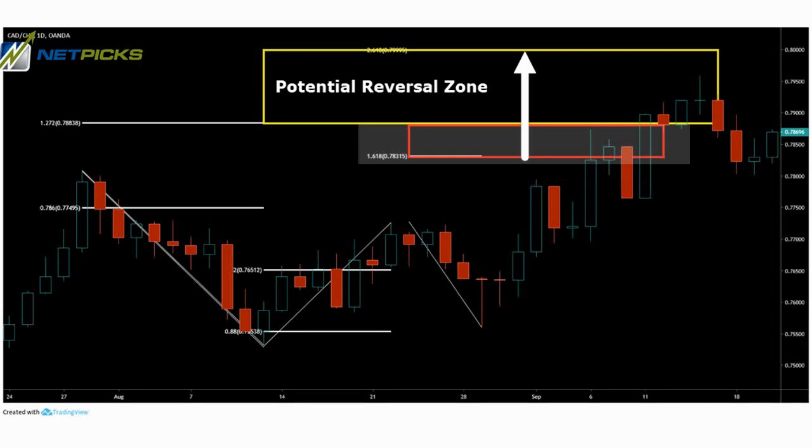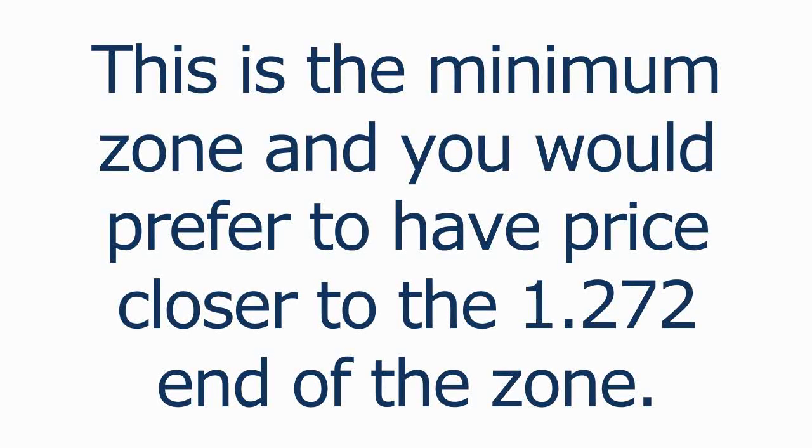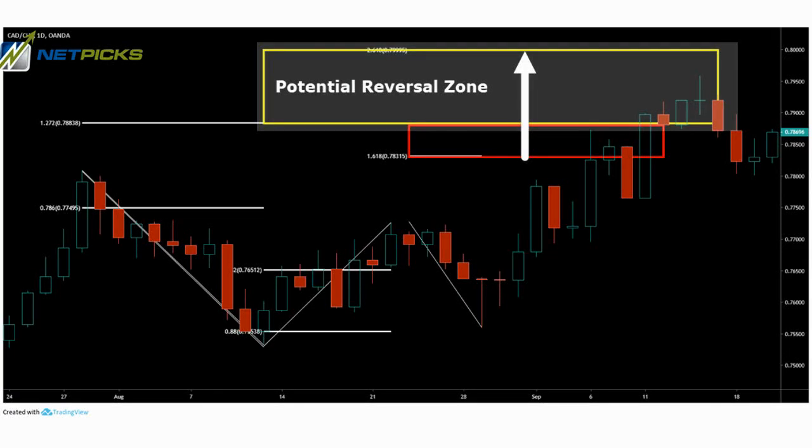And it can also go to 1.618. Again, there's a range there. So the 1.272, that's the minimum zone. And you would prefer to have price closer to the 1.272 end of this zone here. Now the yellow zone includes the extreme extension level of the BC leg and the minimum 1.272 of the X